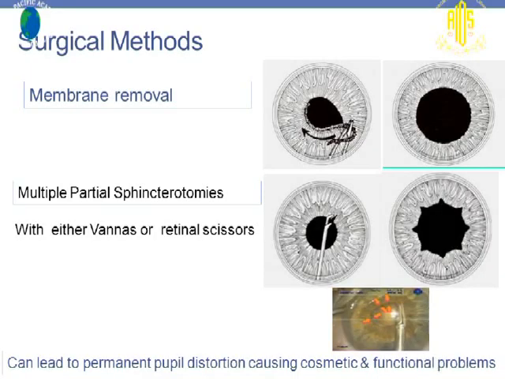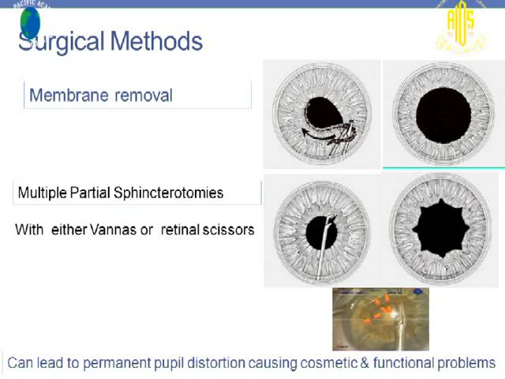There are surgical methods which have been defined, such as membrane removal, classical Osher's membrane removal, especially in a uveitic pupil. So you should see if there are any membranes present. They should be removed, which can be done with the help of a capsulorhexis forceps. Additionally, there may be an inflammatory membrane which may be different from the anterior capsule, and one has to identify that, which one can do with trypan blue staining.